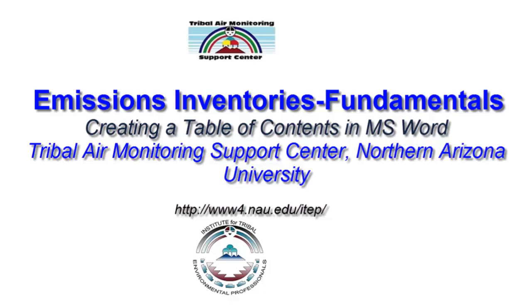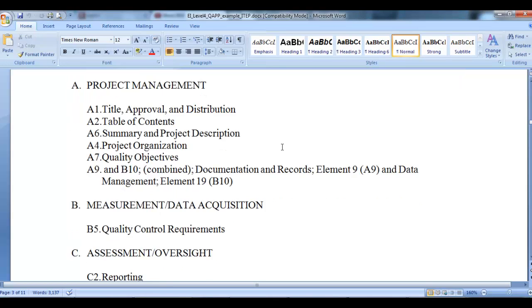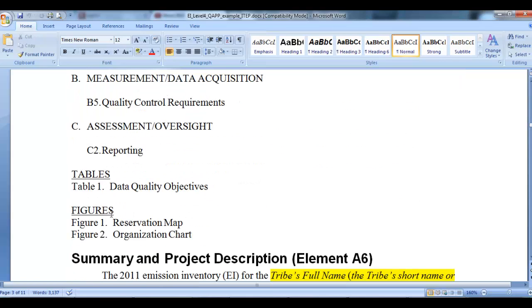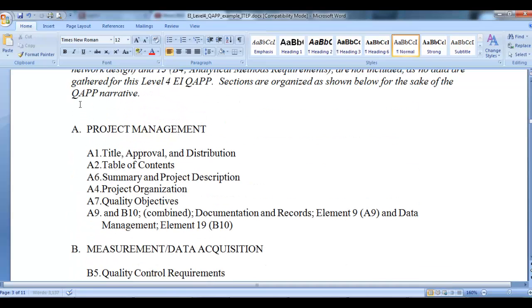I'm going to show you how to make a paginated table of contents, and I'm going to use the example QAPP to illustrate this. So first of all, you can see that we have a table of contents in here, but it doesn't have page numbers, and also a list of tables and a list of figures, but without page numbers. So what I'm going to do is, first of all, check to see if Word could guess what I